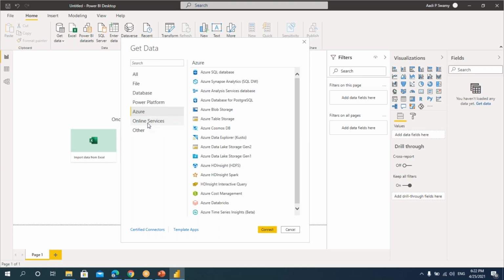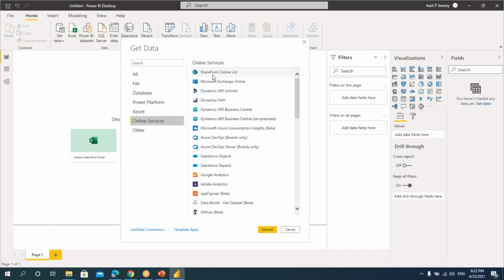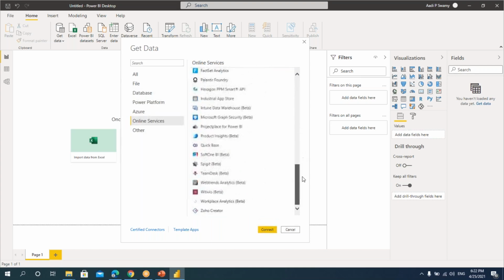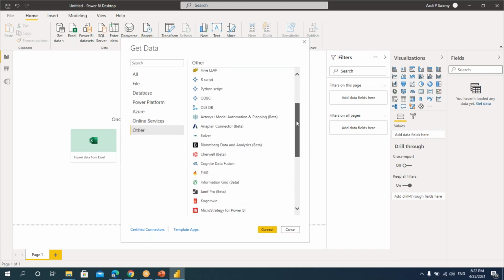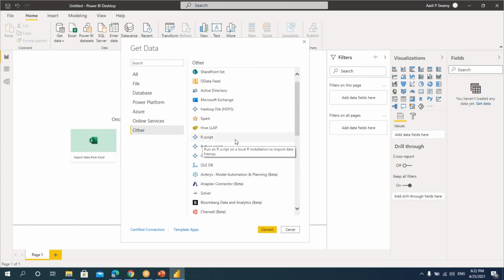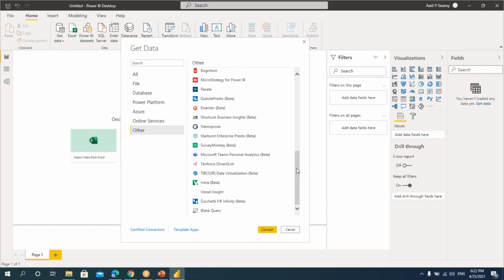And online sources, so here we have many other sources like SharePoint and other things like that. We can connect from there as well. And apart from these categories, if you want to connect from a website or any other sources, we can write some R script or Python script and connect the data.